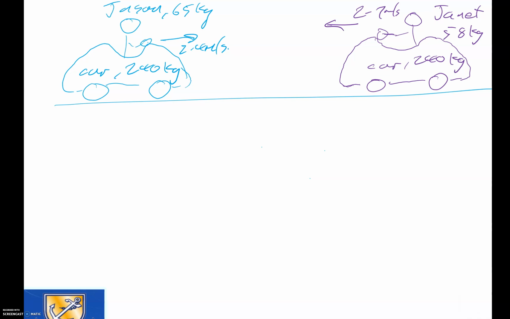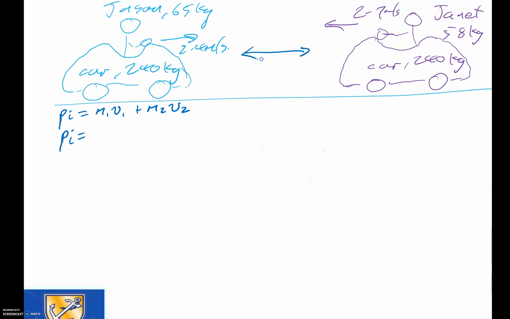And if the cars locked together, then what direction would they go and how fast at the end? So this is a momentum problem. So momentum before is equal to the momentum of mass 1 times velocity 1 plus mass 2 times velocity 2. The total momentum initially is going to be equal to,